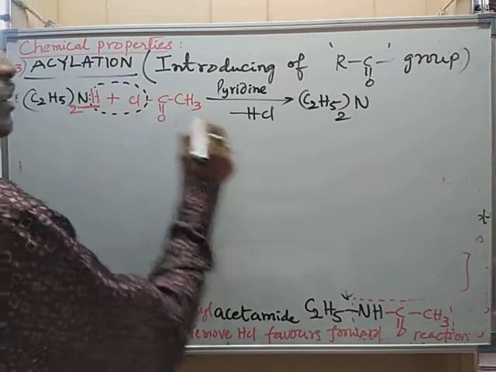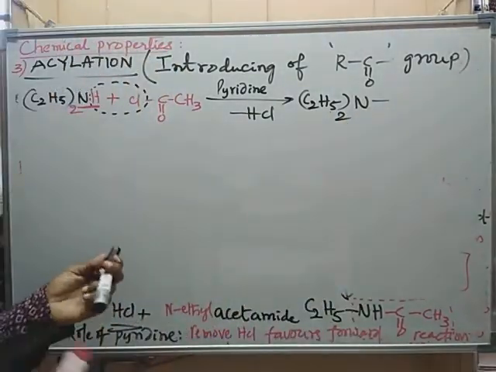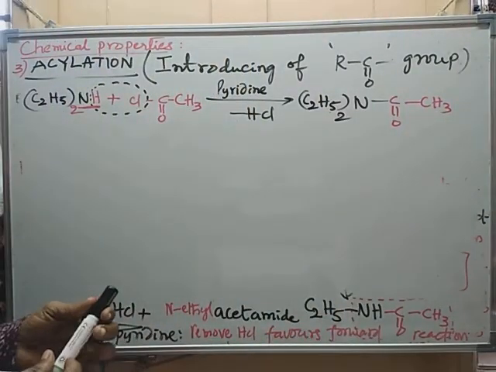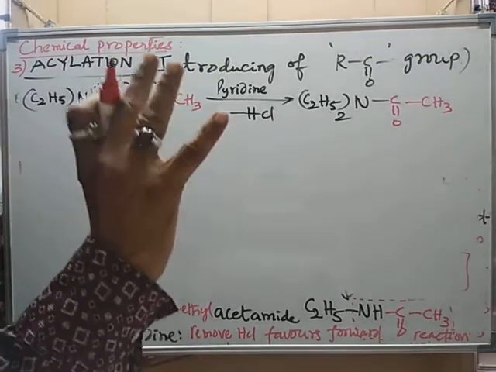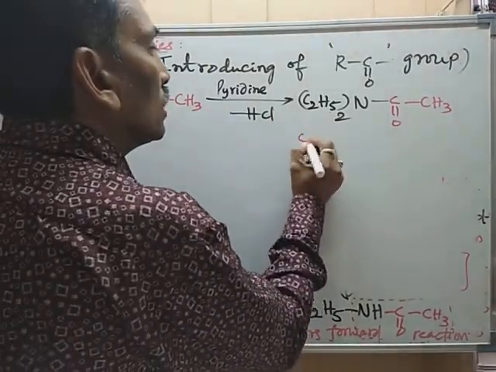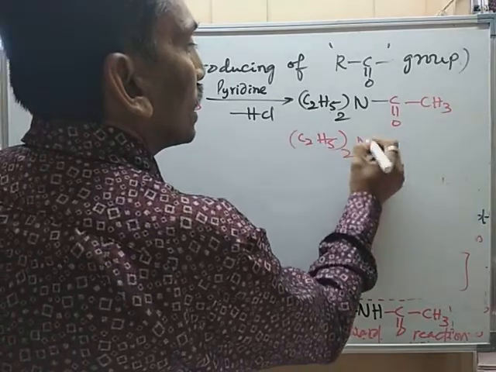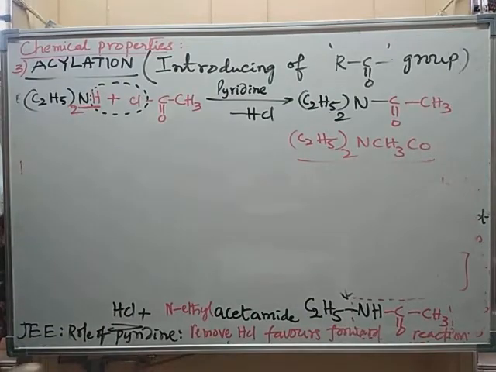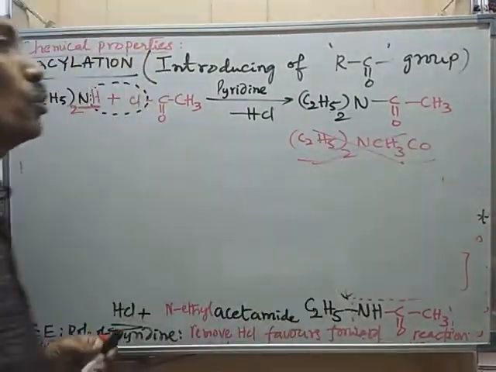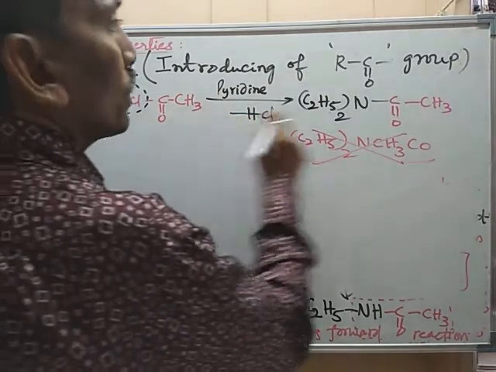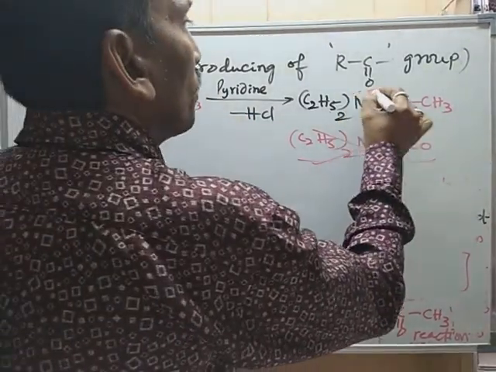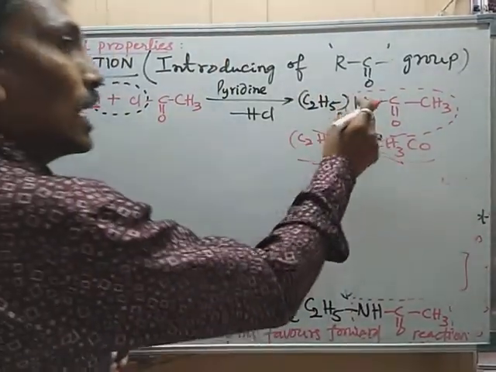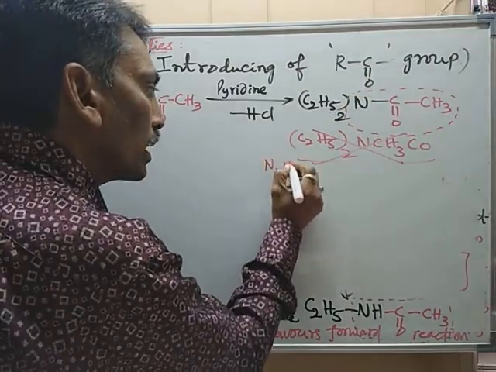Then this is joined with C double bond O, next CH3. Regarding my experience, some students join in a different and wrong way. That wrong way is simply writing (C2H5)2N CH3CO. It is not the right way of joining, but the idea is correct, so don't do it like this. Plus HCl, already over. What is the name of the compound? This is the parent compound as an amide, and the ethyl group C2H5 is present on the N atom two times, so the name is N,N-di